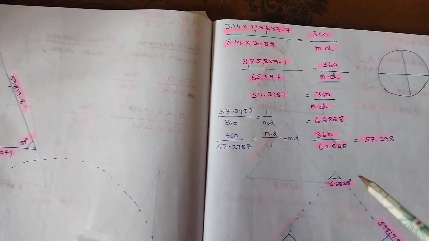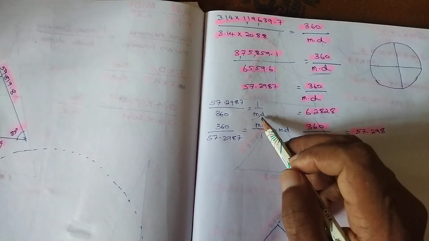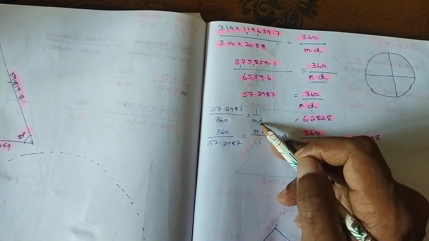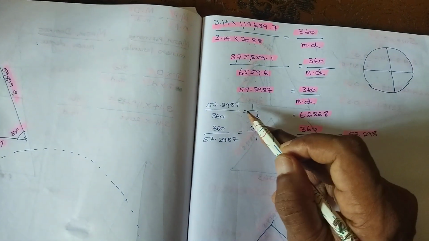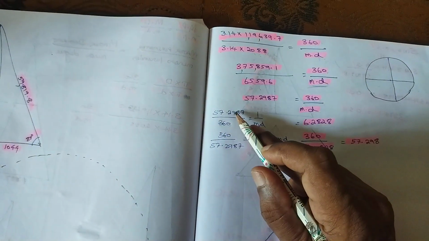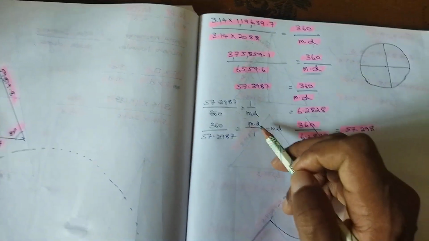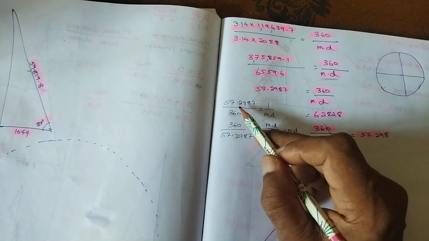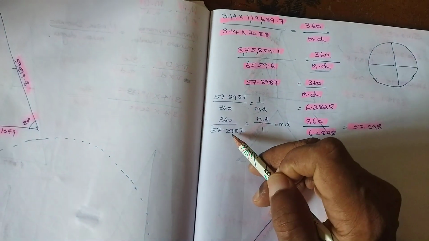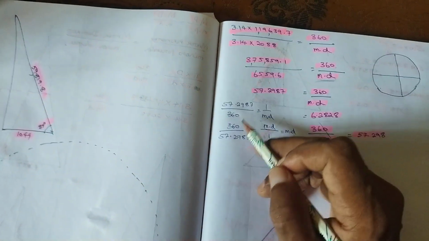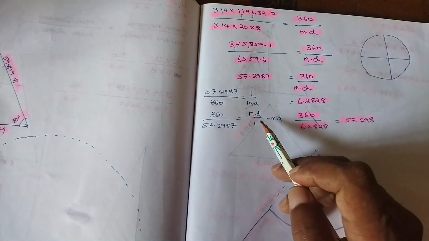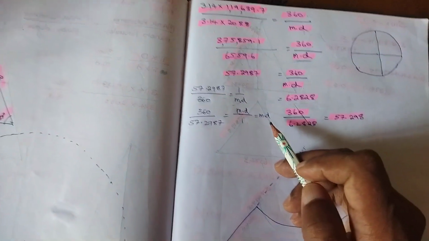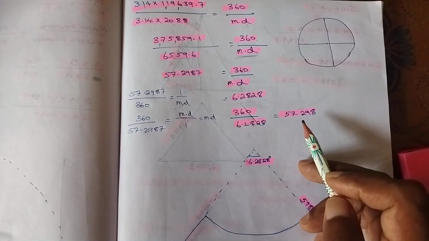But we have to get MD, not 1 by MD. So we have to turn this MD to the top side and 1 to the bottom side. If we turn here, the left portion also will be turned. 1 by MD turned to MD by 1. Then we have to turn 57.2987 to the bottom side and 360 to the top side. So we got MD by 1. MD by 1 is MD itself. So we got minor degree is